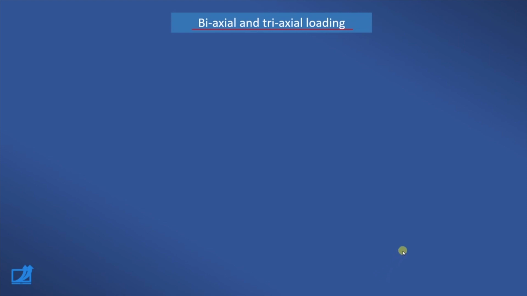Now try to understand what is biaxial loading and triaxial loading. Here is a bar of length L, width B, thickness T. It is acted upon by a load. The line of load, let's assume, is the x-axis. So this is uniaxial loading. It is an actually loaded bar as usual, you can say. This load is along the x-axis. Now it has become biaxial loading because we have applied a force, a pull type of force, a tensile force along the y-axis also. So this is biaxial loading.